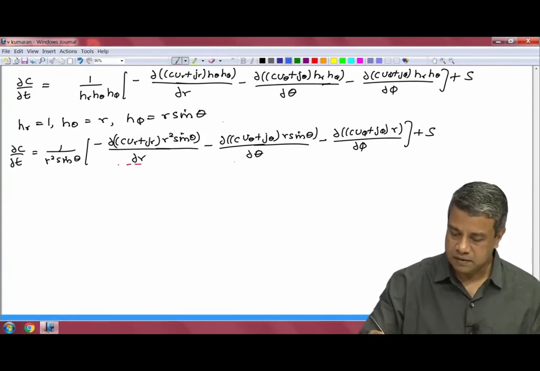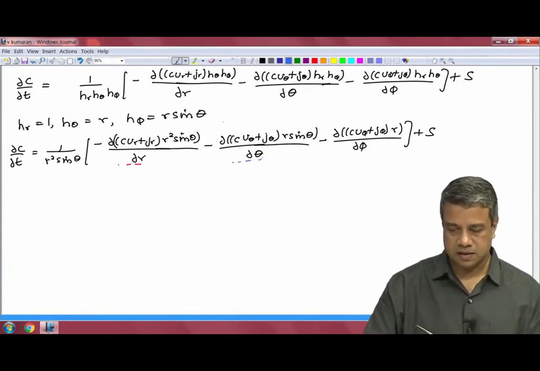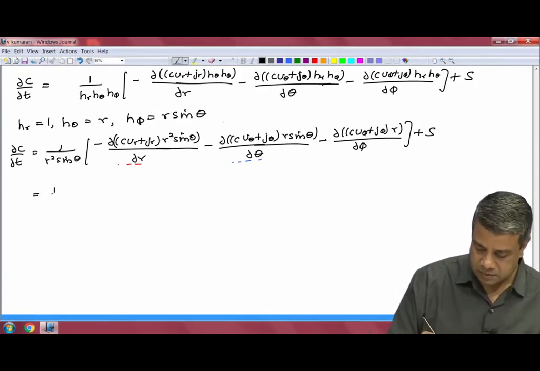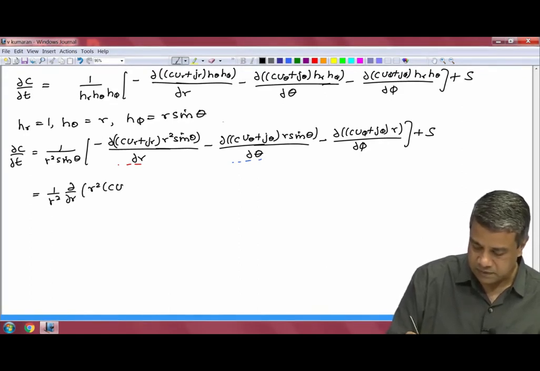When I take the derivative with respect to theta in the second term, I can cancel out r. And my equation will become 1 by r square d by dr of r square into c vr plus